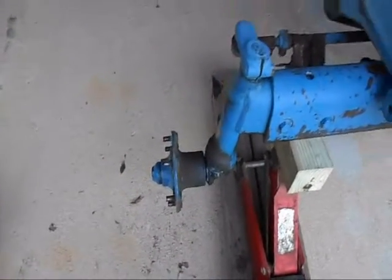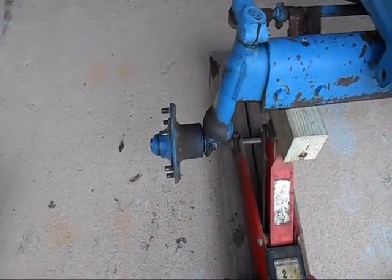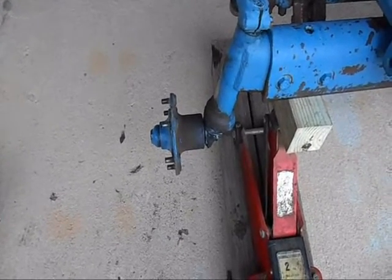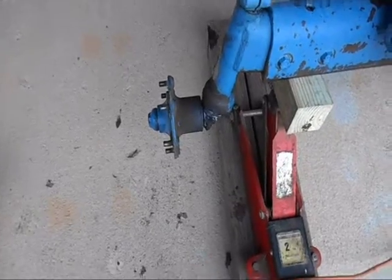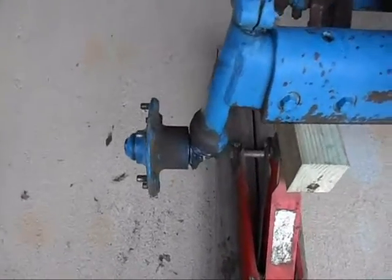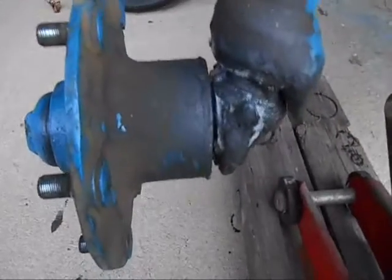Well, I was going to show you what shut me down last night. I was out here working on this. I had this project on the list of things to do for a long time, and had the parts sitting on the shelf, and thought I had the right parts. But here's what happened. All right, right now with this up on the jack,